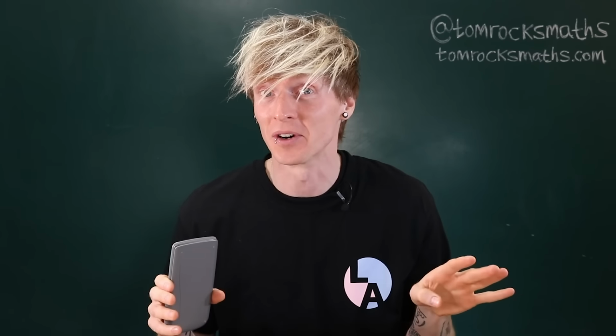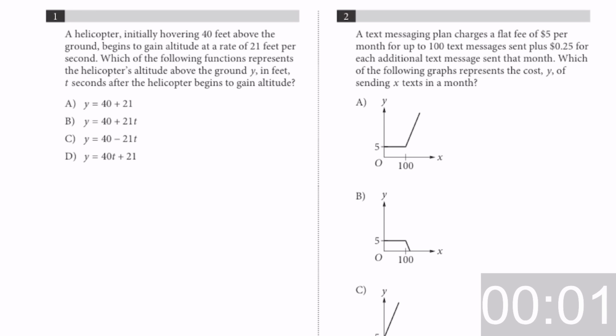But again, I have no idea because I've never looked at this exam or this syllabus before. But either way, I've got 55 minutes, 38 questions, I have a calculator. Let's go. First question, a helicopter initially hovering 40 feet above the ground begins to gain altitude at a rate